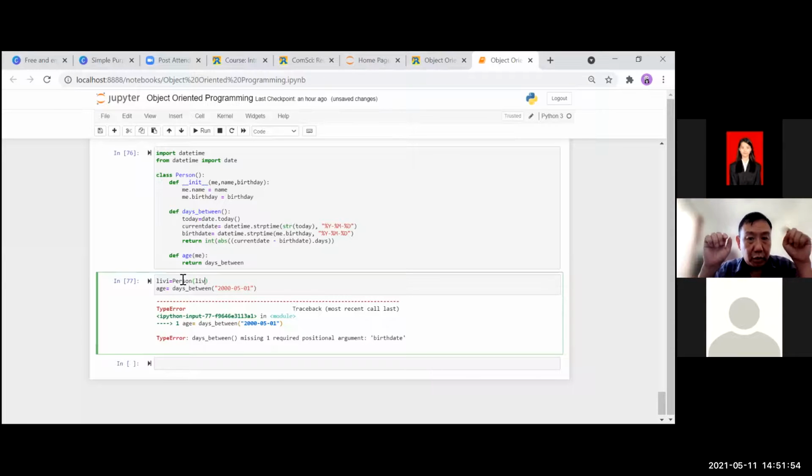It's a string, so you need to put a quote. Levi, and then the next one is the birthday. The birthday, you put it into that format. Comma,